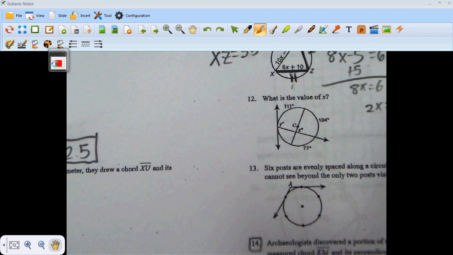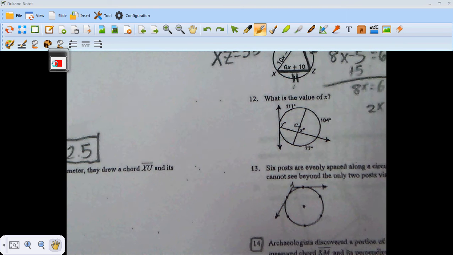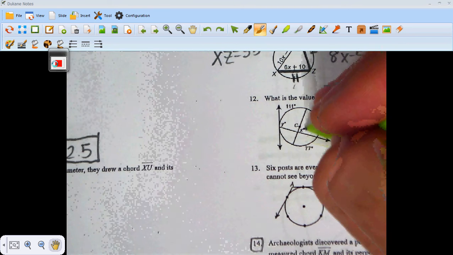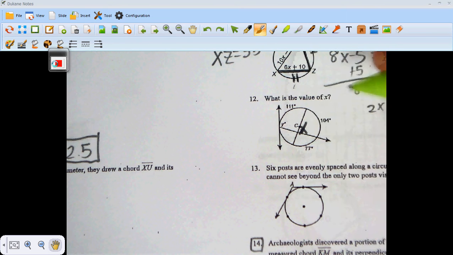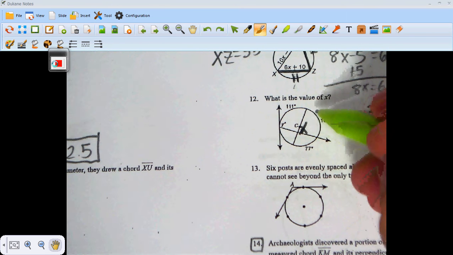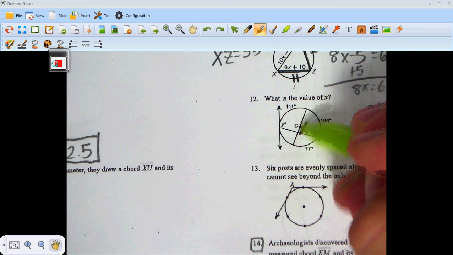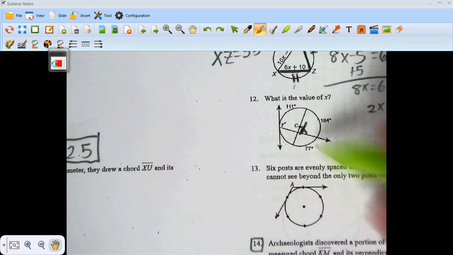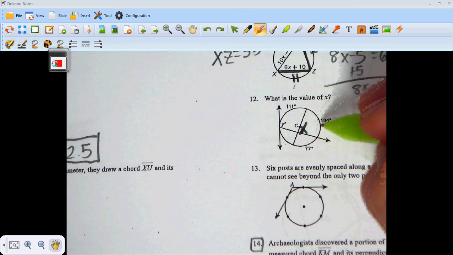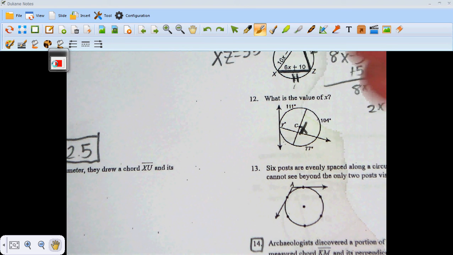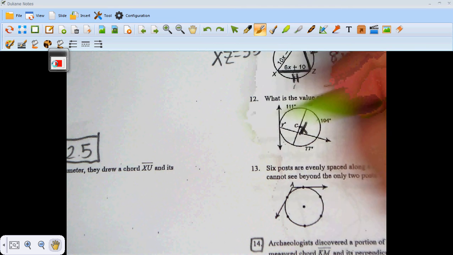Number 12. They want to know what the value is of x. Okay. Well, same type of problem that I did in 4, where I have angles. I have an angle that's not in the middle, but I have two chords that have cut the circle. So I can do it one of two ways. The way that I prefer to do it is to take 360